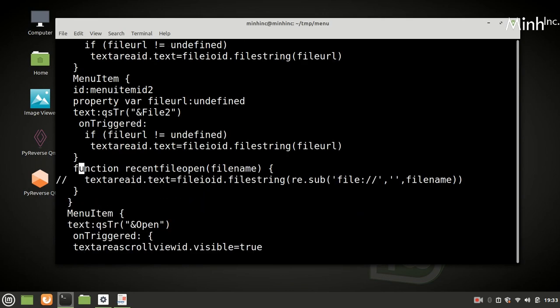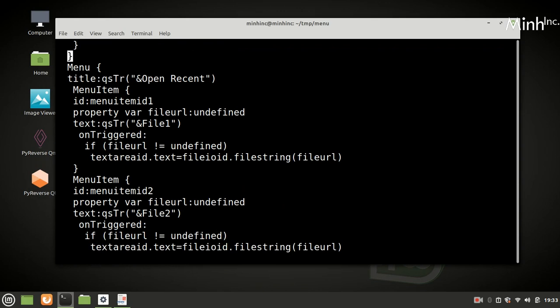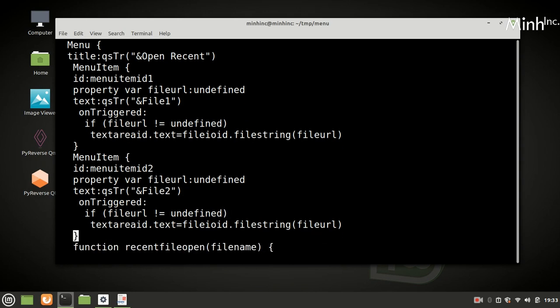Now we have filled our open recent files, and here we have introduced file URL undefined. If it is triggered and the URL is not undefined, so that this will fill later, then it would bring the text area text, whatever the file URL is, and here also text area text whatever the file URL is. So this is the code for this.